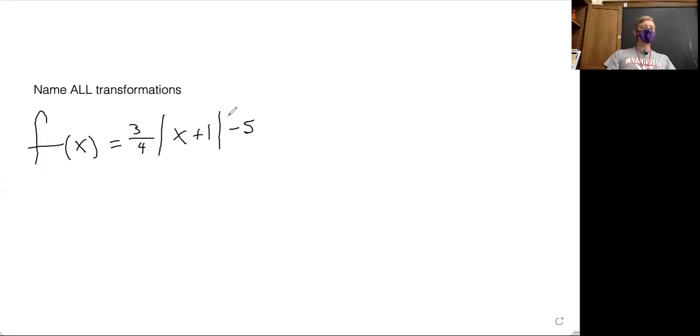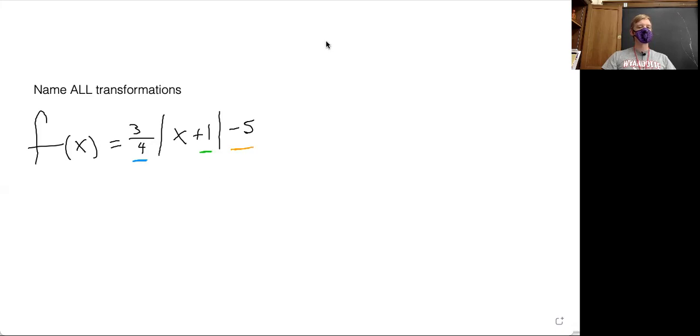So we have absolute value signs. This is an absolute value function, but we are still working this similarly to what we had seen before. We want to make sure that we say what the 3/4 does. We want to make sure that we describe what the +1 does. And we want to make sure that we describe what the -5 does. We don't see any negative signs in front of the absolute value. We don't see any negative sign in front of the x. So we know that we don't have any reflections, but we are going to have 3 transformations based on these